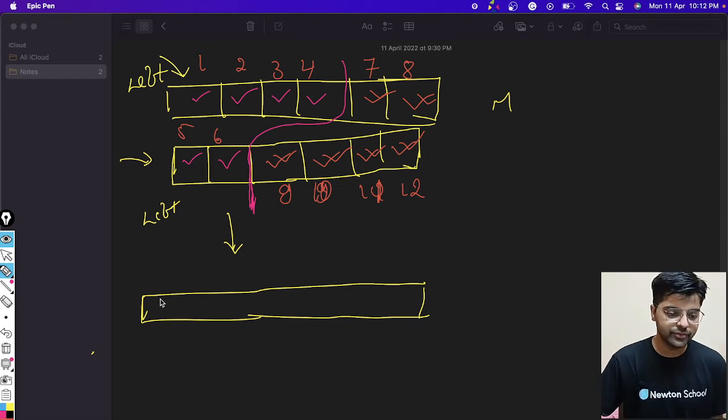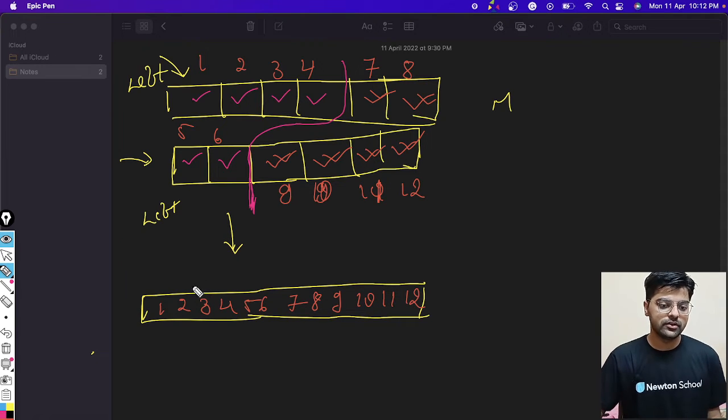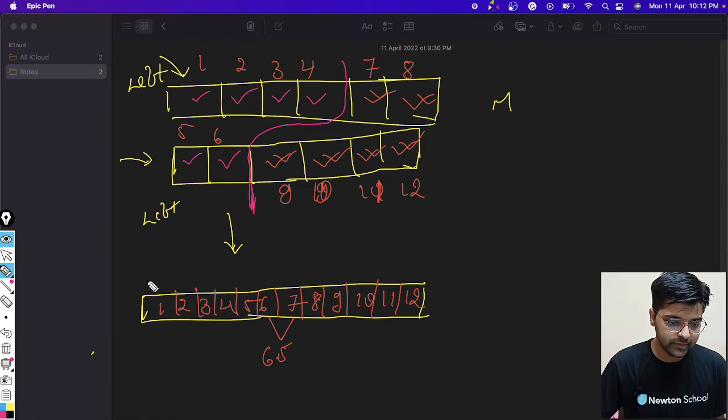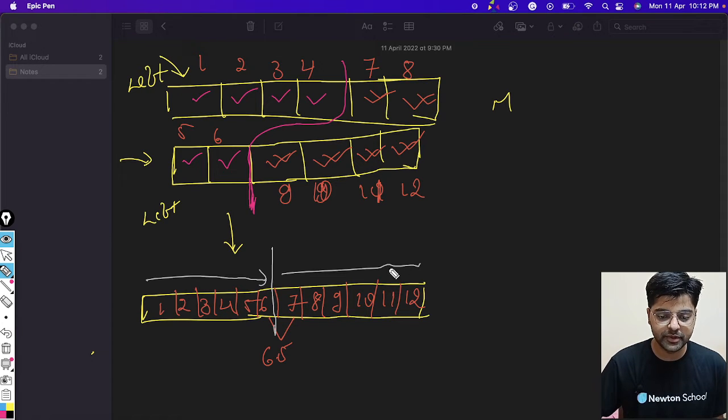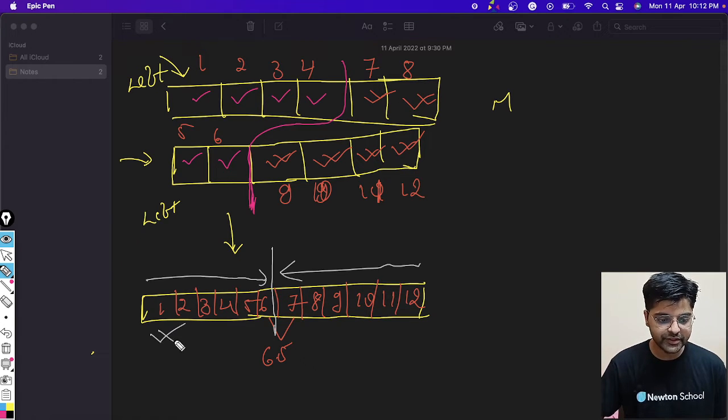Then when we merge, we will get 1 2 3 4 5 6 7 8 9 10 11 12, right? Here we can see that the median will be the average of 6 and 7, that is 6.5. The number of elements smaller than the median is exactly the same on each side. So we will see that the elements that will be smaller will lie on the left side of this line, right?